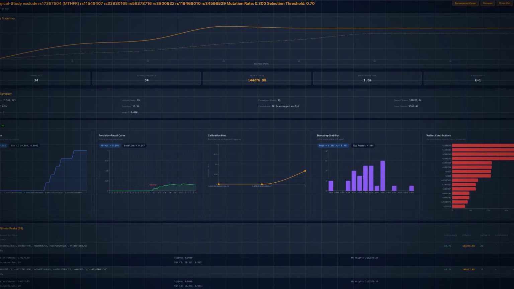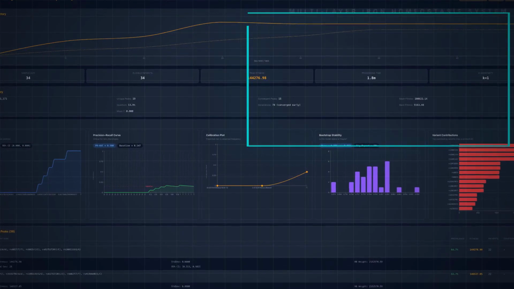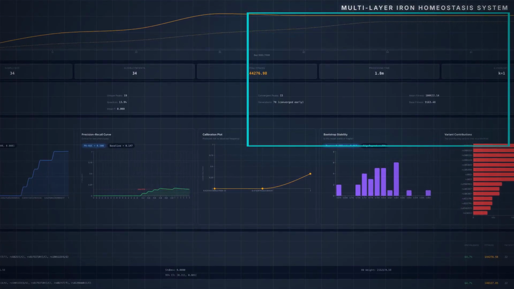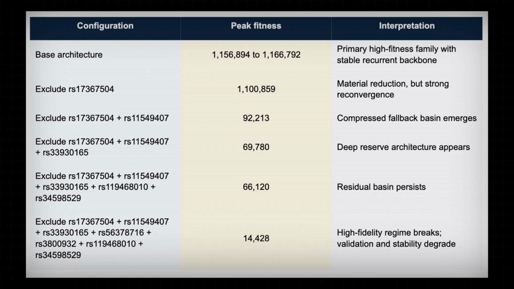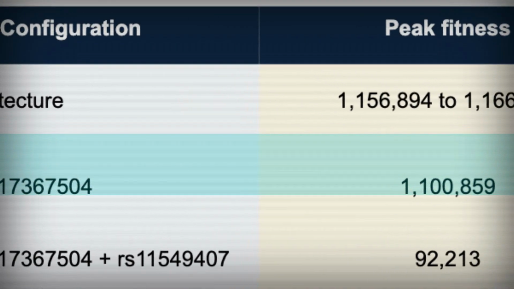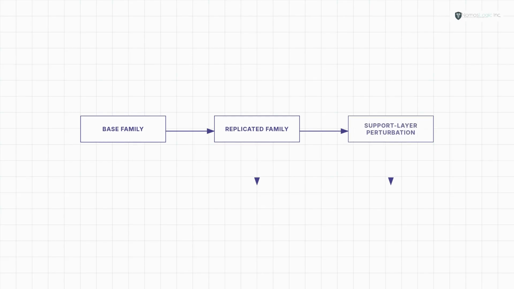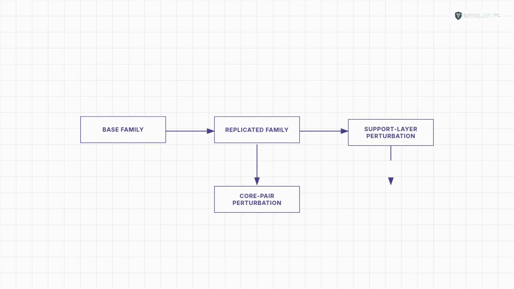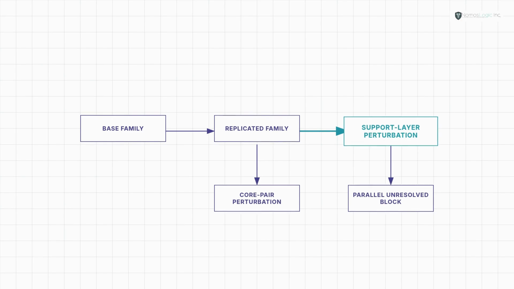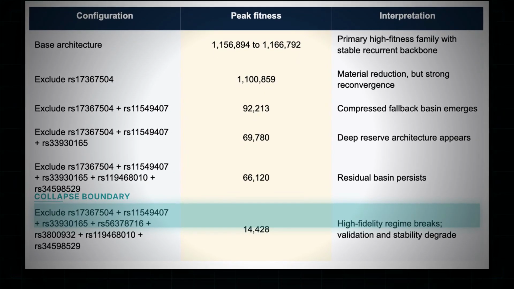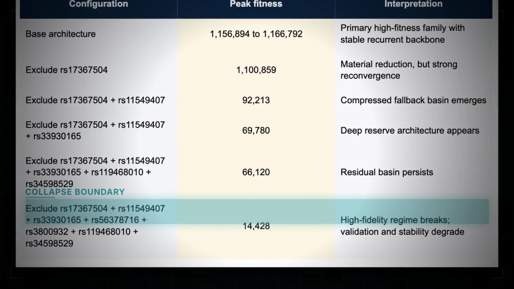So consider the hematological domain. Baseline analysis identified a distributed configuration spanning multiple mechanistic layers of iron homeostasis. Excluding the regulatory layer actually produced higher fitness, revealing that the baseline was held in a locally preferred but globally suboptimal basin. Sequential exclusion revealed layered reserve, where the architecture accessed peripheral supports to maintain perfect discrimination through 4 levels of perturbation. Between the 6th and 8th exclusions, we identified the collapse boundary, the finite limit of the original architecture's